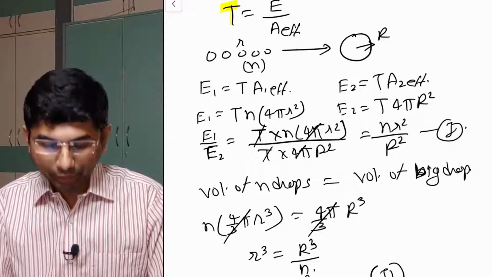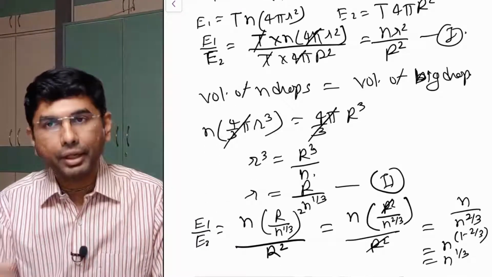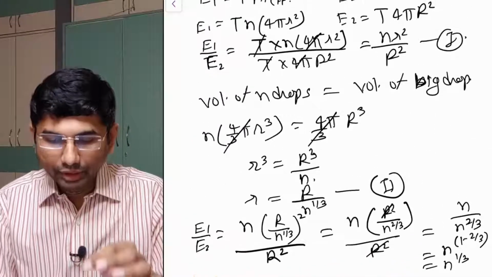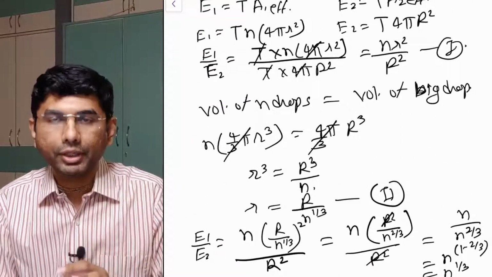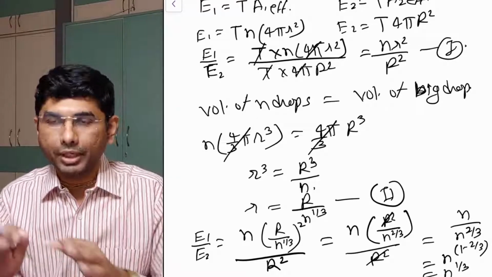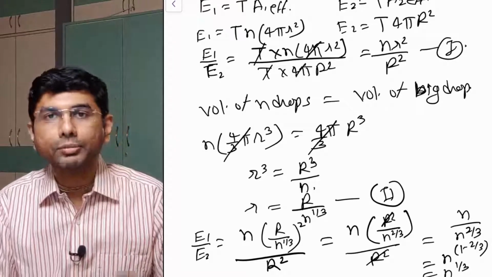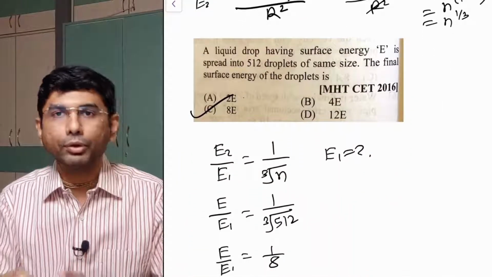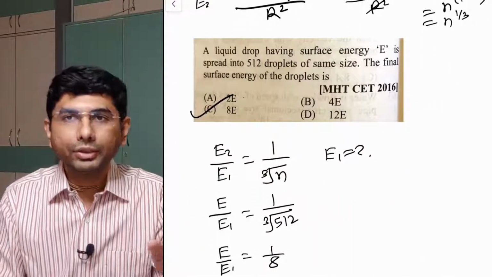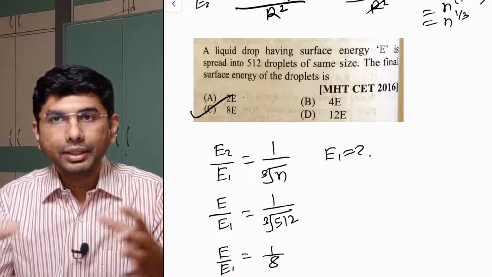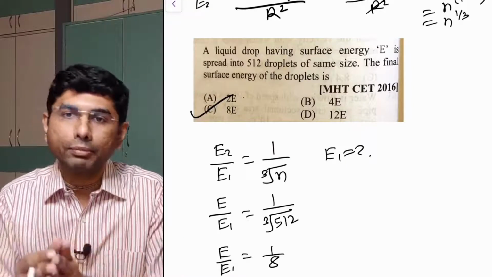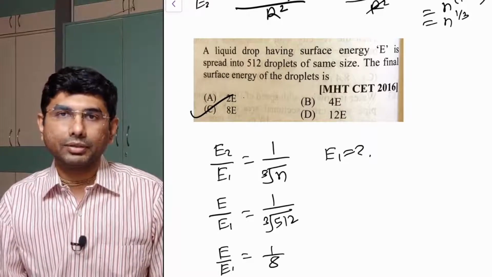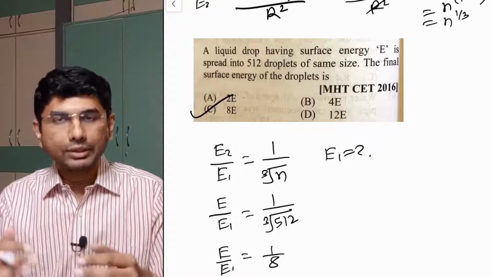Now there also we can find the relationship between capital R and small r, and then proceed the same way. Here, instead of solving the previous question by taking the value to be n, the value is already given as 512. Both questions are the same. In the initial question, many droplets were combined to form a drop. Now in this question, a drop is sprayed into many droplets. It is just the opposite, so we have to just reverse the same thing.